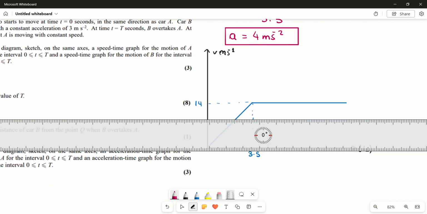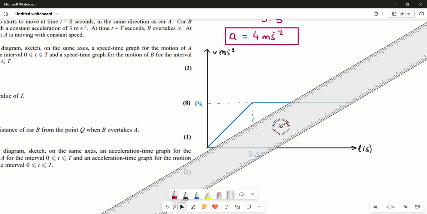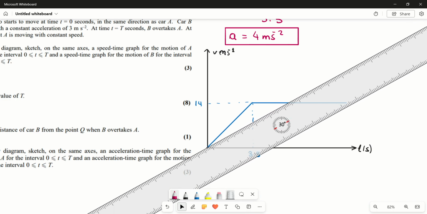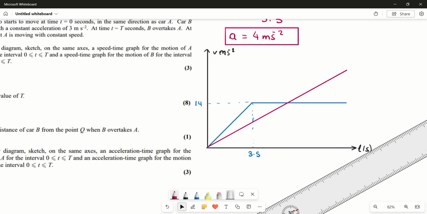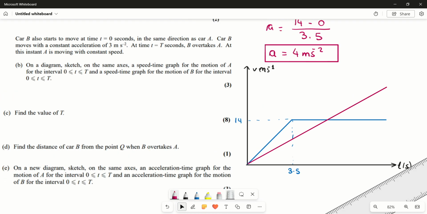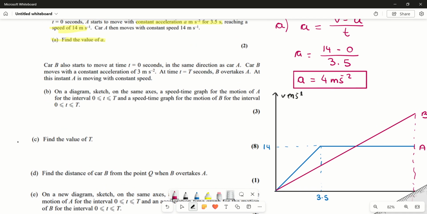So let's sketch car B on our diagram. Okay, so we know this is our car A and this is our car B. At time t seconds, they overtake each other. So this is our speed time graph